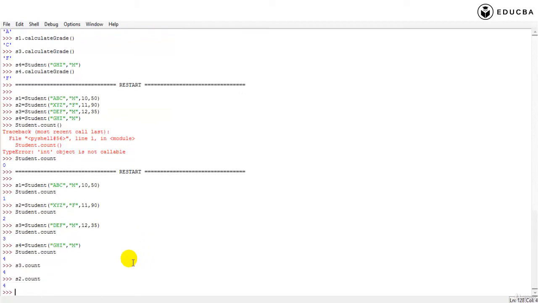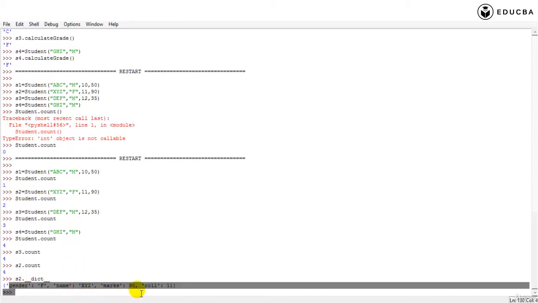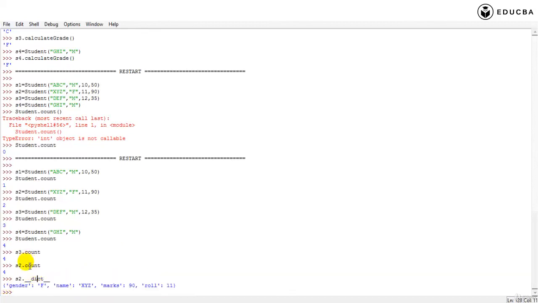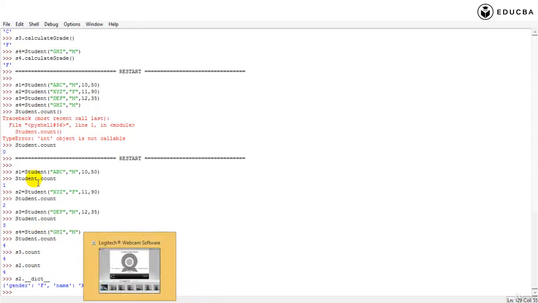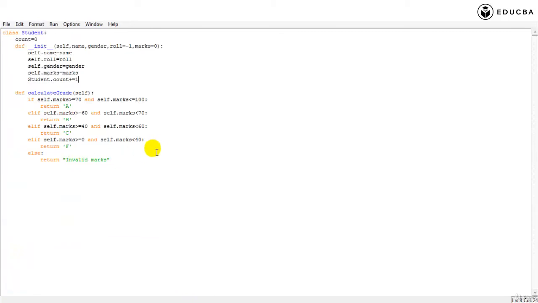The s2.__dict__ does not have count as one of its members, but the class variable count can be accessed by s2. But remember only one thing, you cannot assign any value to it. s2.count cannot be assigned a value. If you assign s2.count equal to something, it will create one more member in your object. It will not make any changes to your class. Hope that is clearly understood.